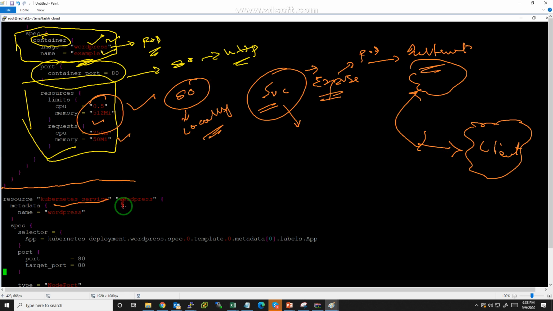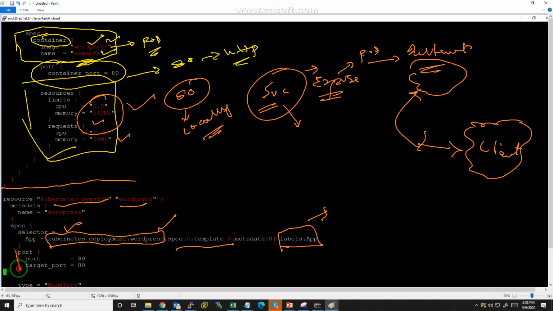So my service name is WordPress, and then I am going to set the selector, which tells which pods the service will select. The Kubernetes deployment WordPress, I have already created, then the template I have already created in the code above, and then the label matches. Then the port we are using here is 80, and the target port is again 80,